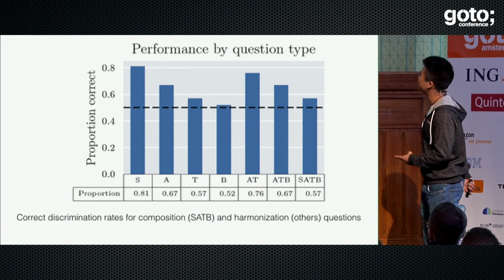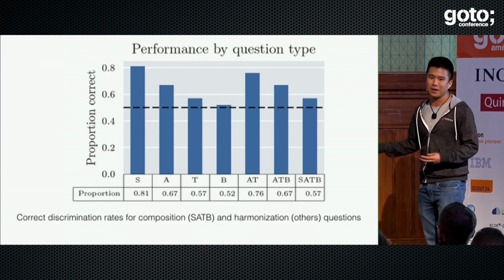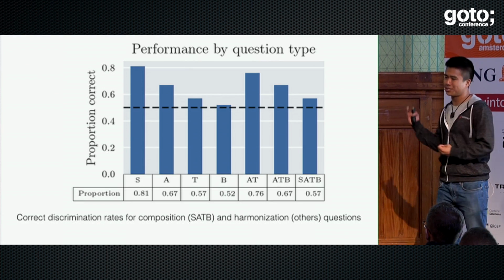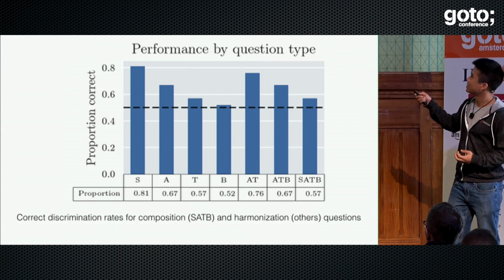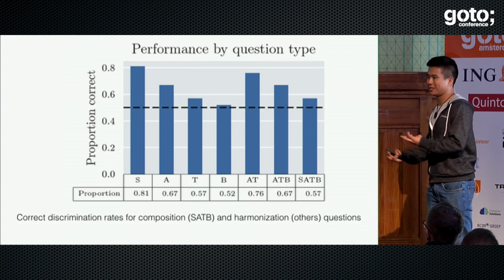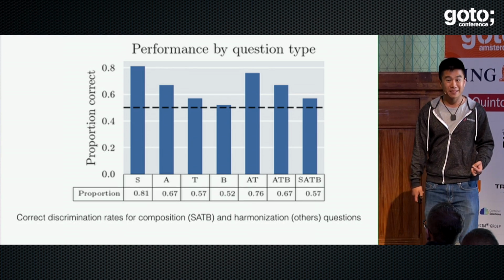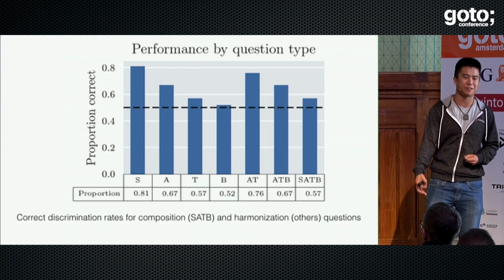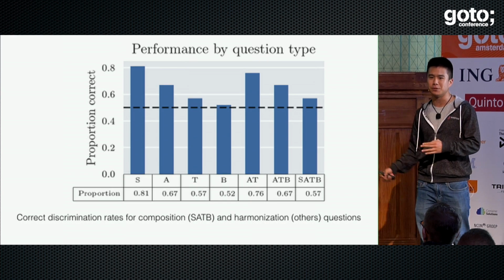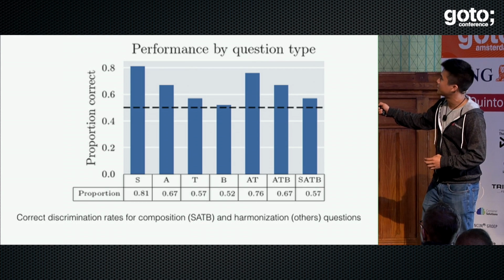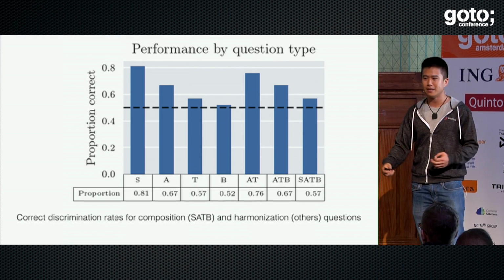But there's some other interesting findings in here. Well, I guess this isn't too surprising. If you delete the soprano line, then BachBot is asked to create a convincing melody, and it doesn't do too well. Whereas if you delete the bass line, BachBot does a lot better. Now, I think this is actually a consequence of the way I chose to deal with polyphony, in the sense that I serialized the music from soprano, alto, tenor, bass.